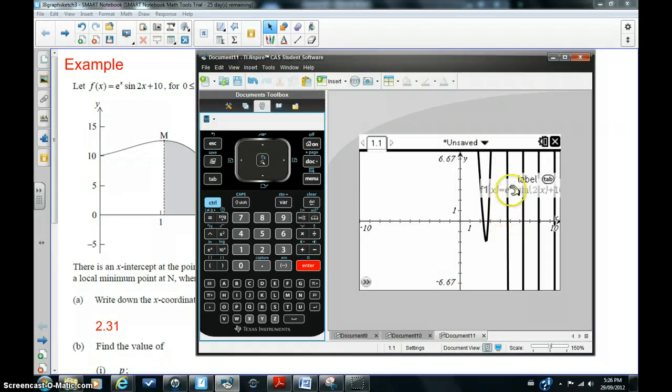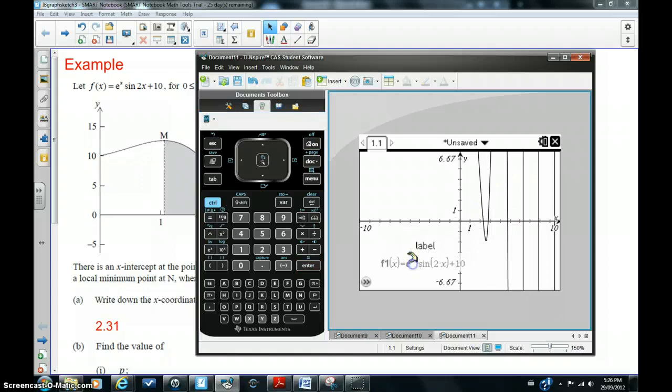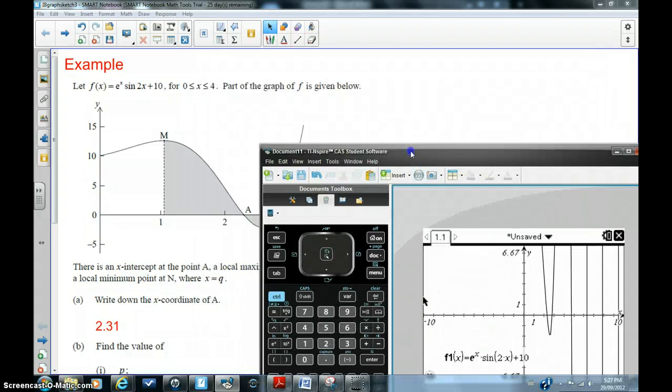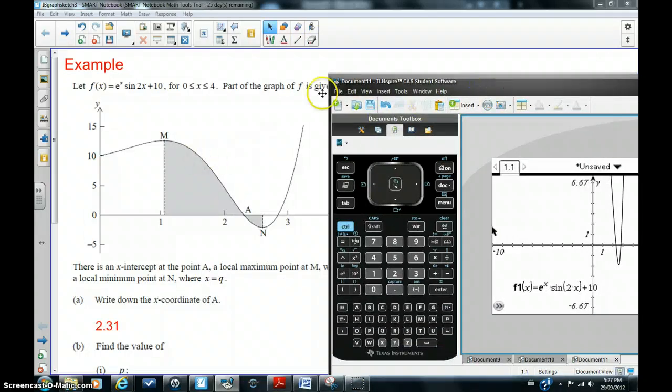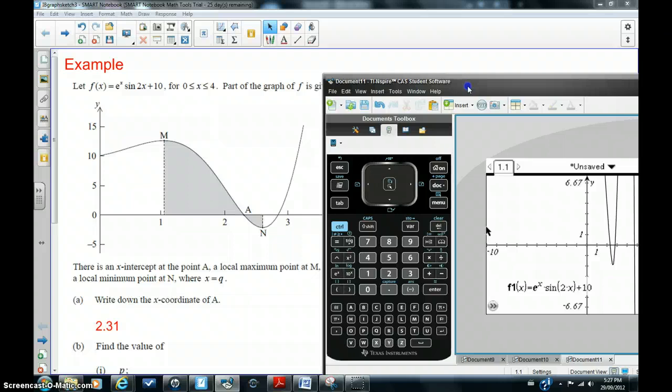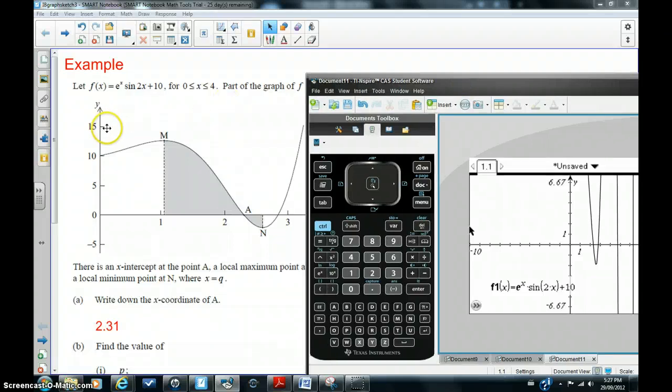There it is, the graph appears as expected, and I really need to adjust the window settings, and that's quite easy to do because they've drawn the graph for us here, and I can make use of the domain x between 0 and 4. So my y value needs to be between 15 and -5,